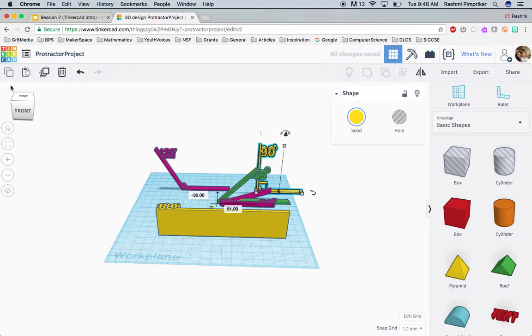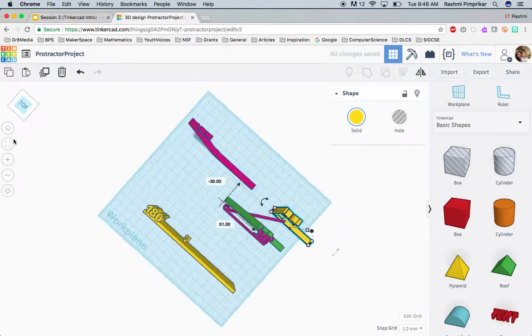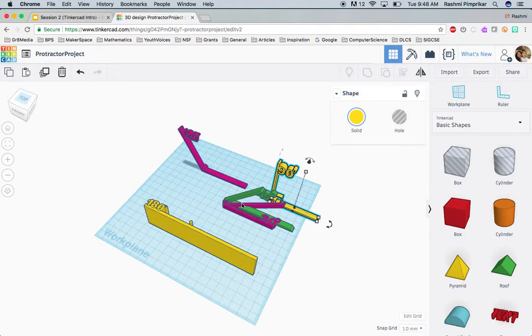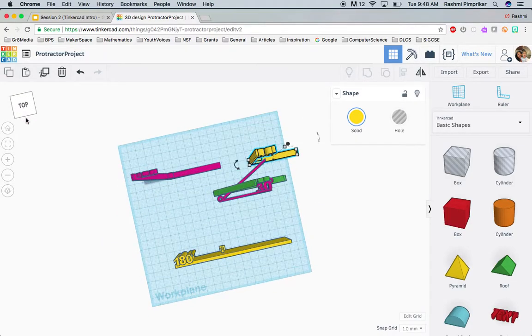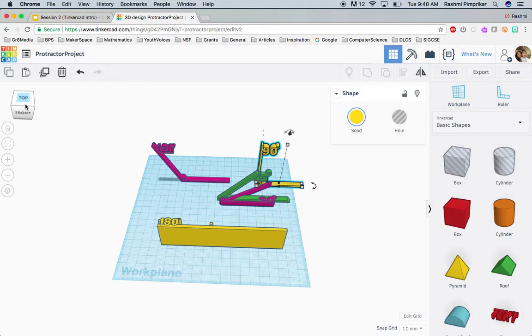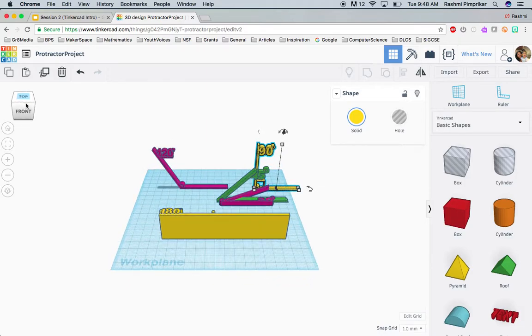We have a 30-degree angle that I've designed, and then you have a 45. So you could pretty much design any of these angles and then place them on the protractor as I had shown you, and you should be able to showcase a three-dimensional protractor to the students who usually see it in a 2D format. And this is a project that was highly recommended by Haley, who is a mathematics teacher at one of our schools,